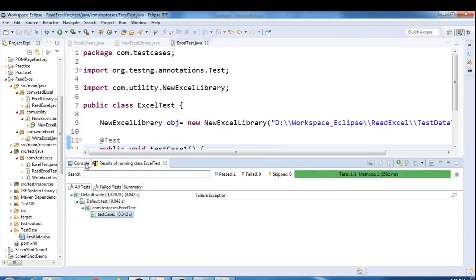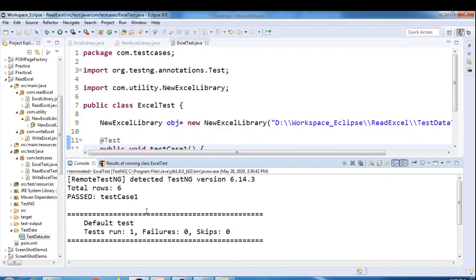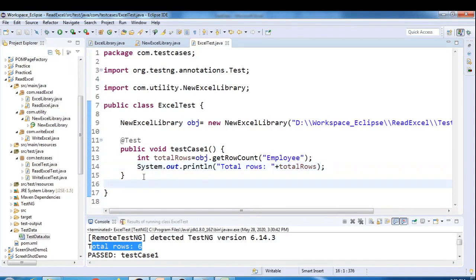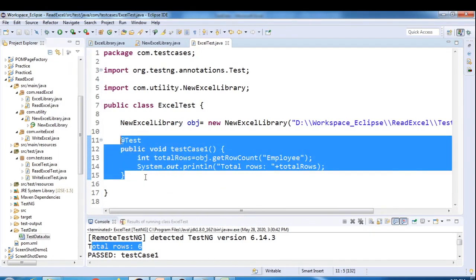The test case is passed, and if you see the console, we have total rows 6, number of rows 6. So this is how you can call the method from the library. And let's write another test case,